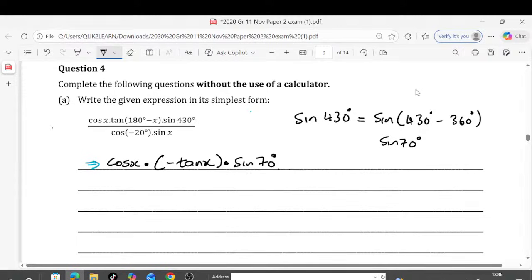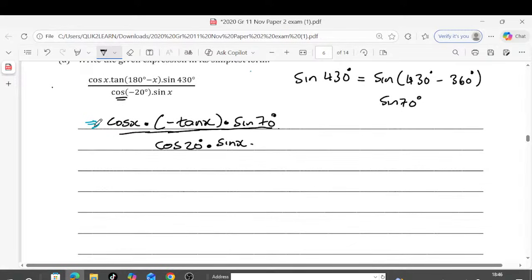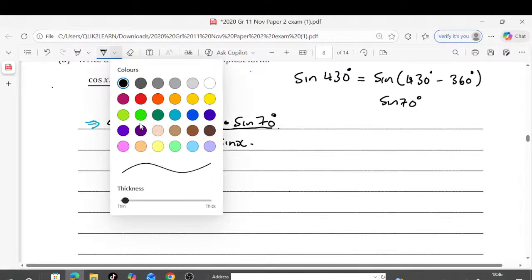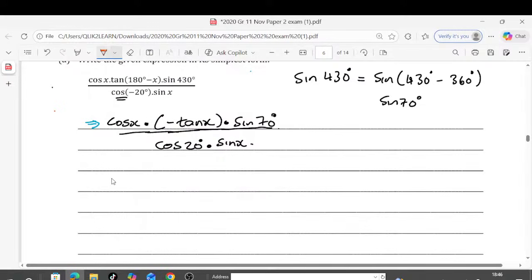Now, where is cos of negative theta? This is quadrant 4. How is cos in quadrant 4? It's positive. So this will be divided by positive cos of 20 degrees, and this is multiplied by the sine x. I don't want you to waste any time here. When you get to this step, let's change the tan. We can write this in this form, and say this is the cos x multiplied by